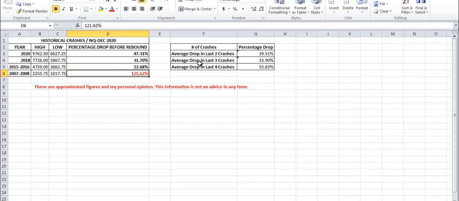Now on the right hand side, I've calculated the average drop in the last two crashes. If we take these last two crashes, the average drop had been 39.51%, and the average drop of the last three crashes is almost 33.9%. And this is the worst one, which is 121%. And of course, it's